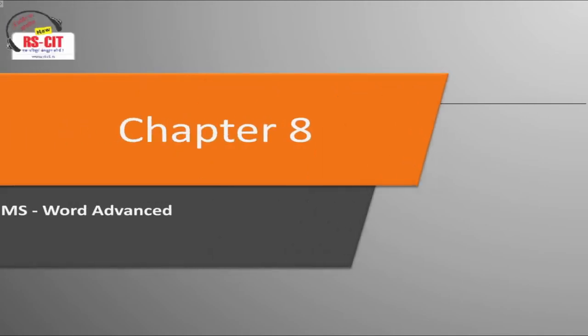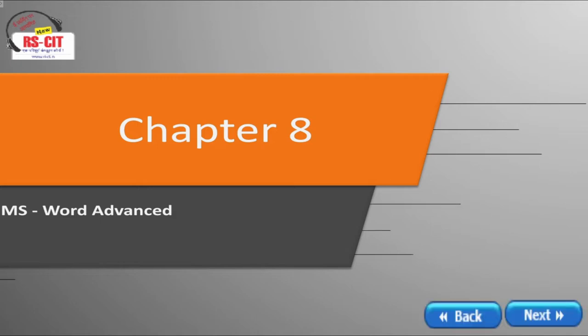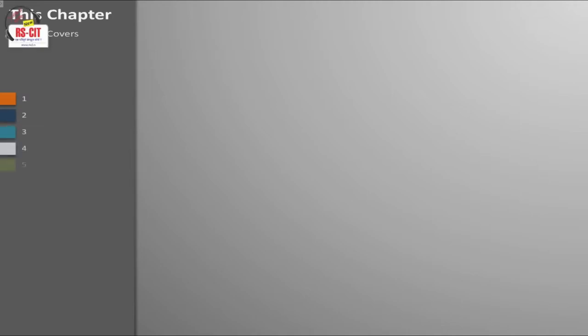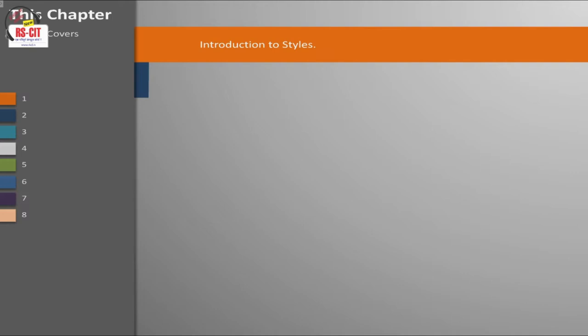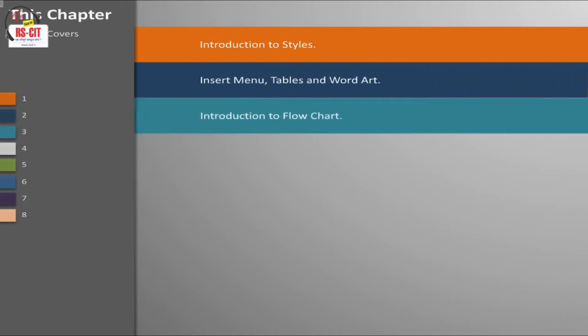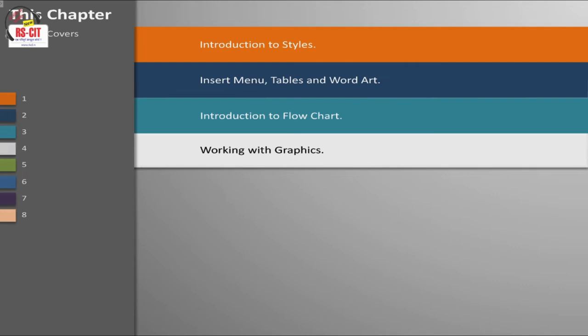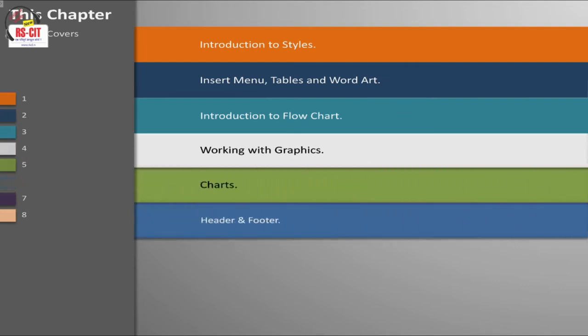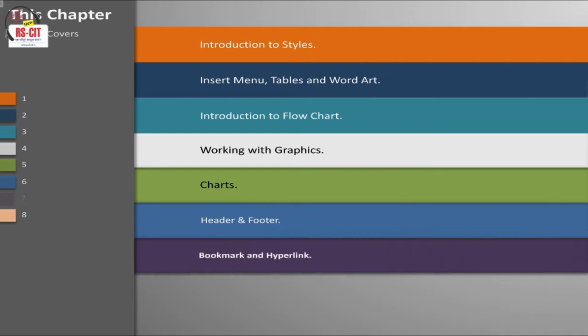In this chapter, we will learn some further advanced word processing skills of Microsoft Word 2010 application. This chapter will cover Introduction to Styles, that is Home tab, Insert tab, which includes tables and word art, Introduction to Flowchart, Working with graphics, Charts, Header and footer, page and section numbers, bookmark and hyperlink, working with connectors,